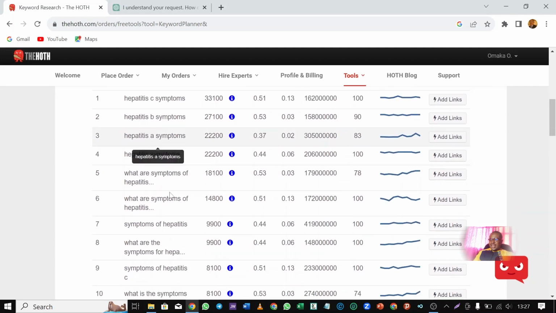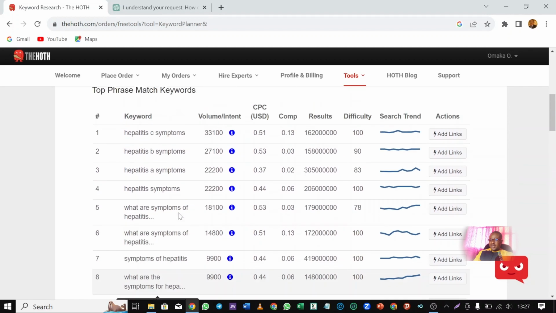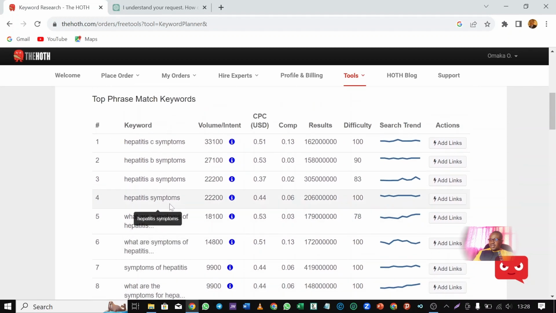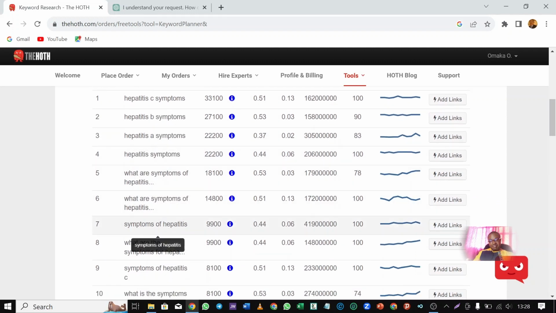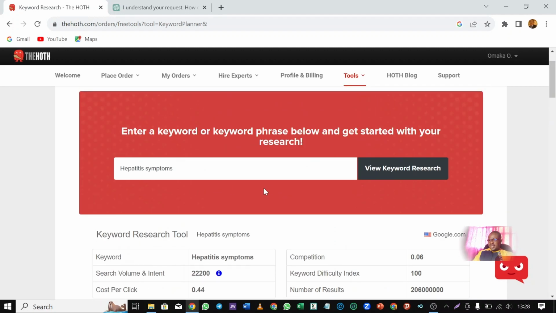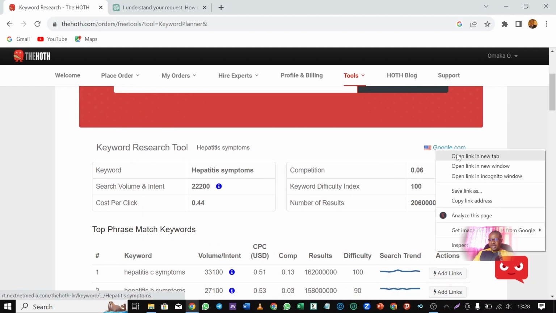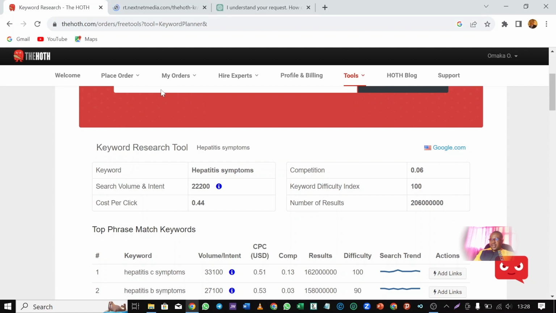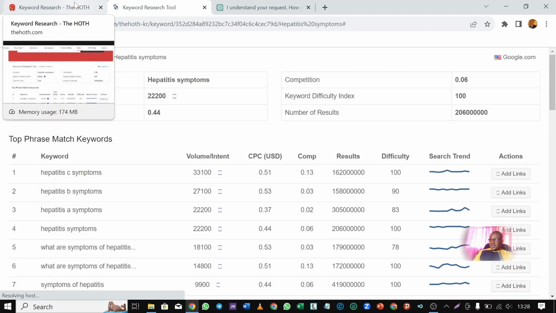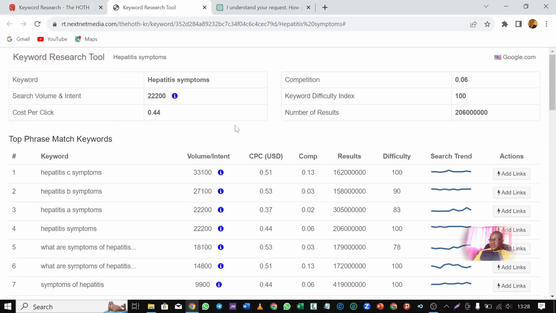You can actually rank for them if you know what you're doing. So let's now go down a little bit and see other keywords that are related. Okay, we call them the related keywords. So these are other related keywords. Now we've gotten this. Okay, now I'm going to show you one thing. Let's click on this Google link, and let's see.